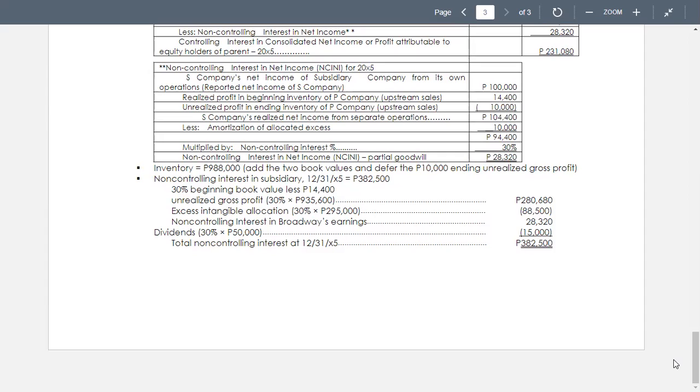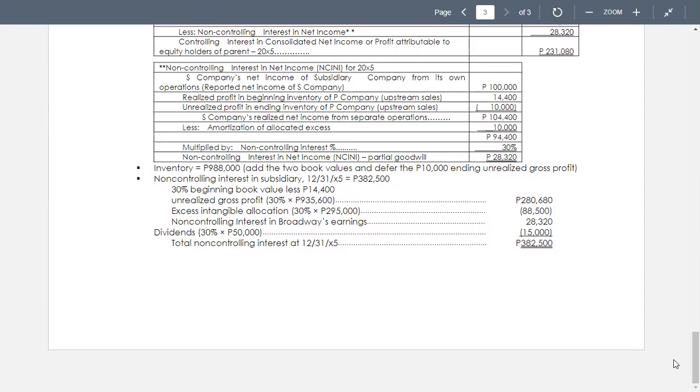Then we add realized profit in beginning inventory of S company as downstream sales. So for P company selling to S company, the beginning inventory of S company for downstream sales sold by Pine to Salad,